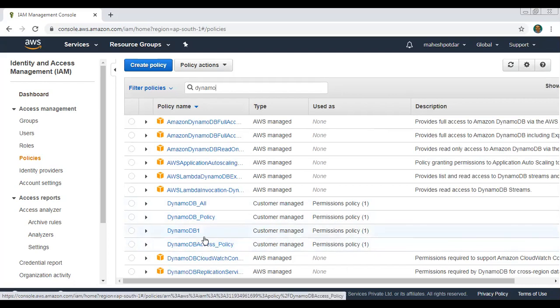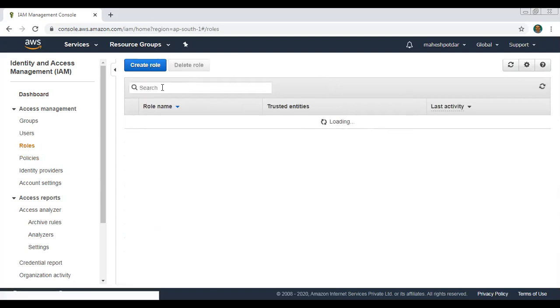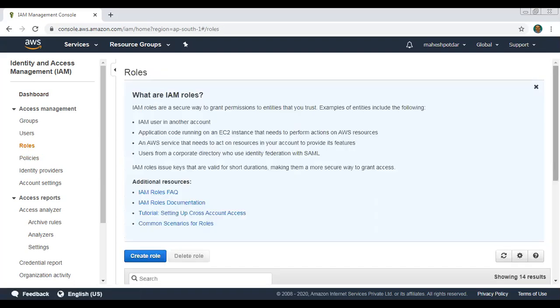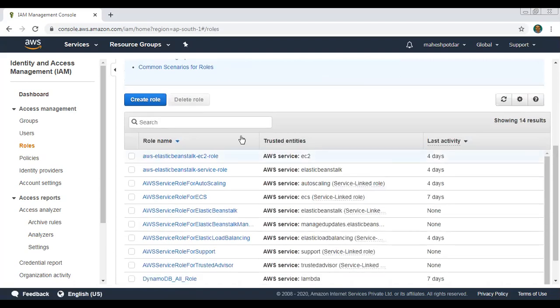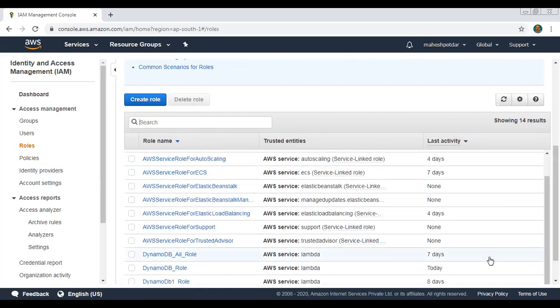I have used this policy. You create the policy, then you create the role. I have created the role. See here, I have created the roles. These are some of the roles created to access the DynamoDB functionality in the Lambda function.